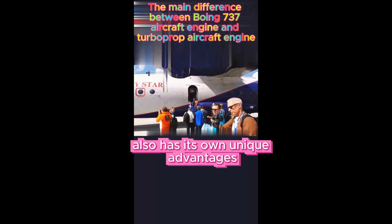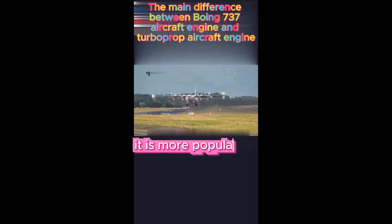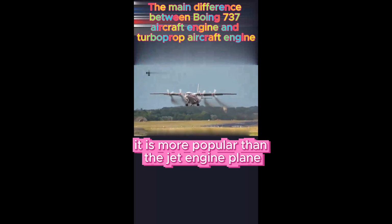So in summary, although the turbine propeller plane is not as good as the jet engine plane in terms of performance, it also has its own unique advantages. In some special transportation scenarios, it is more popular than the jet engine plane. The above is the introduction of why the